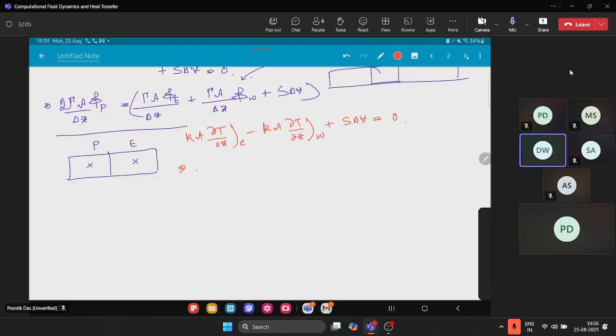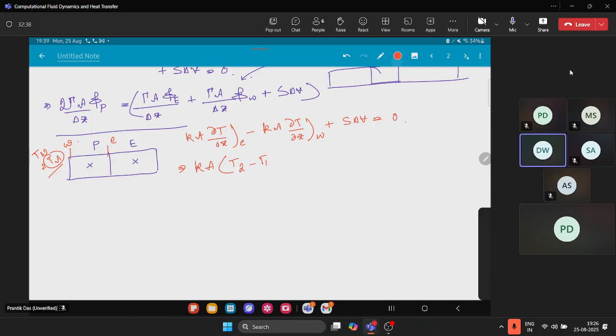So east is basically this face and west is this face. So small w we already know. T of small w is basically equal to T of A. So this is the temperature at the boundary, which we also know as a boundary condition. So here the value of the temperature is given. So this is called the Dirichlet boundary condition. And so this one can be written as Ka (T2 minus T1)